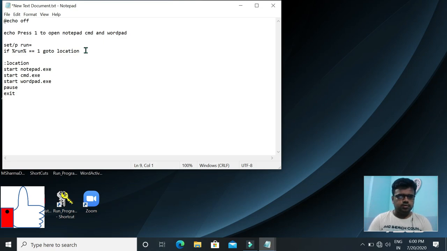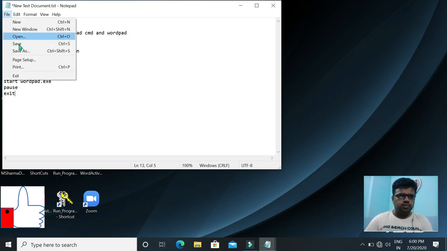Now after moving to the location line, you can see there are 3 statements given: start notepad, start cmd, start wordpad. Then I am writing pause, then exit.